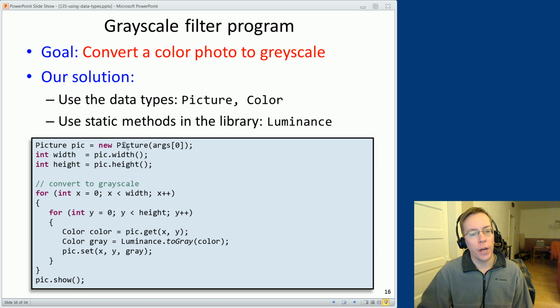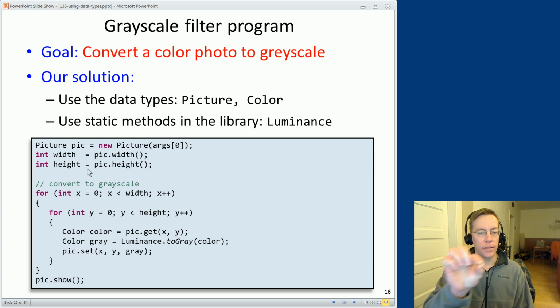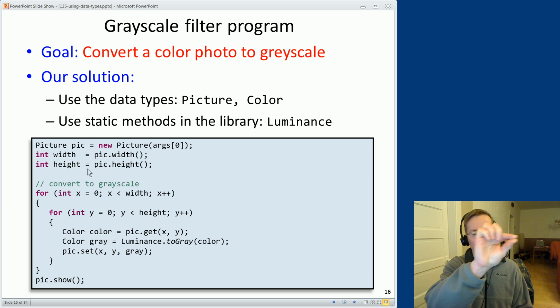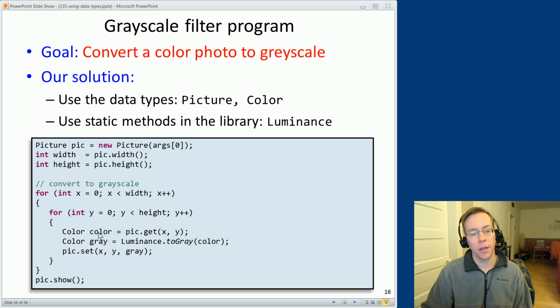It now operates on that data type, obtaining the width and the height. It then has a nested loop, and it goes through all the pixel values. It scans across all the X and then goes down to the next and works its way all the way through. And at each particular pixel, it first pulls the picture out of the picture object by calling the get